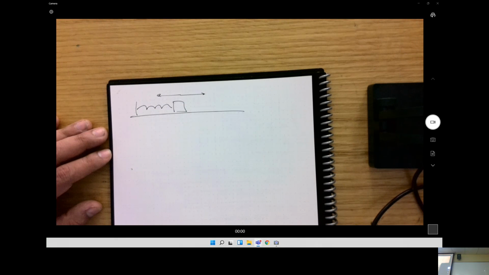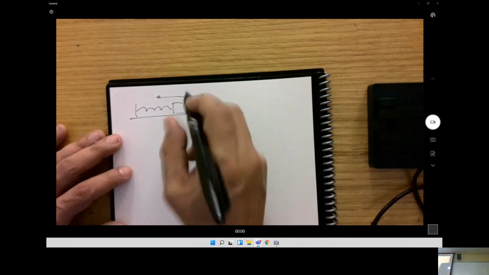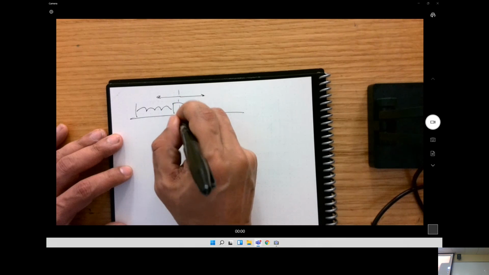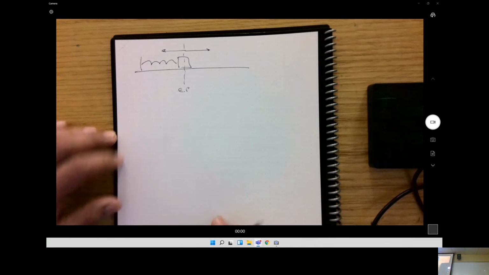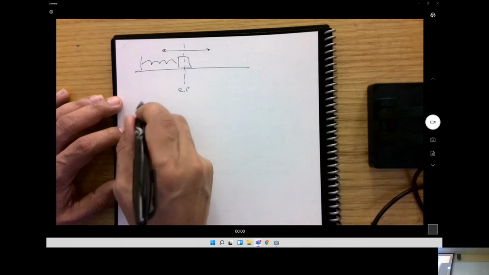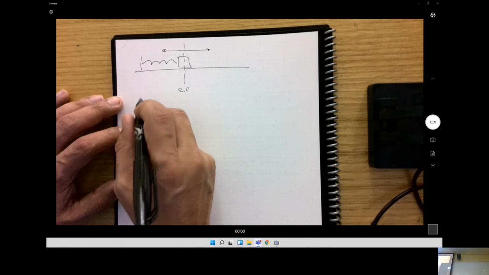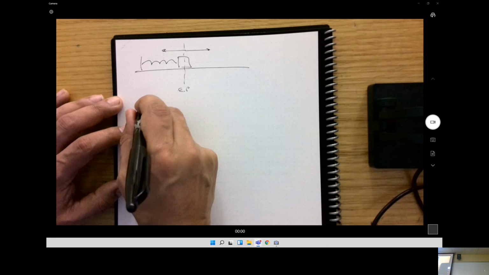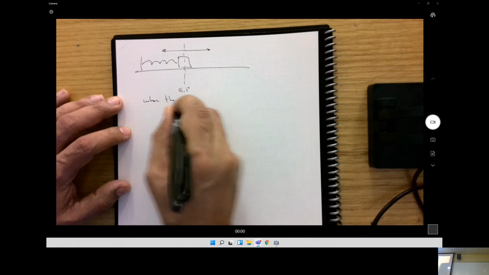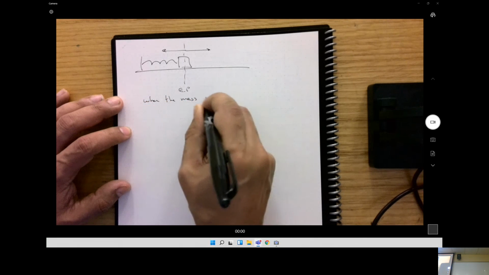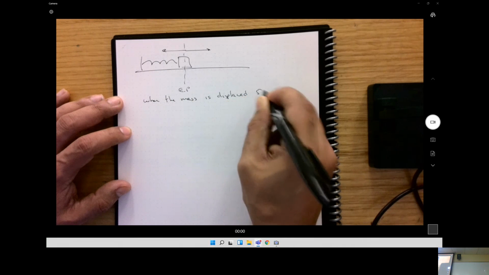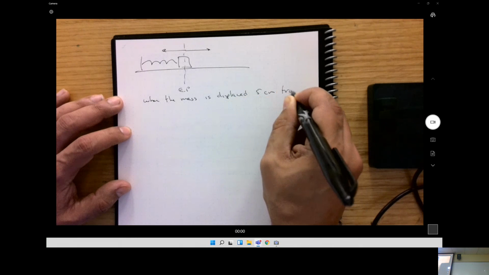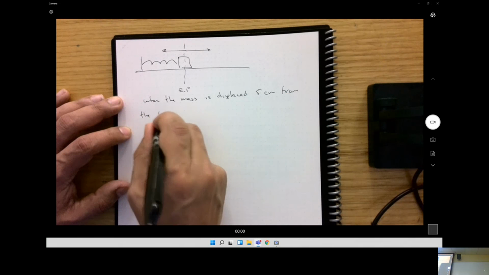I know that, and let's say that the equilibrium point is somewhere around here. I know that when this mass is displaced 5 centimeters from the equilibrium point,